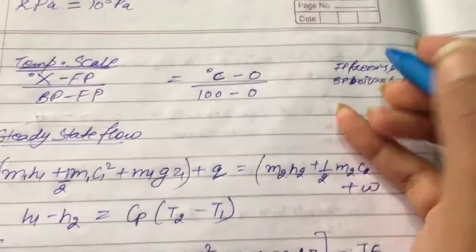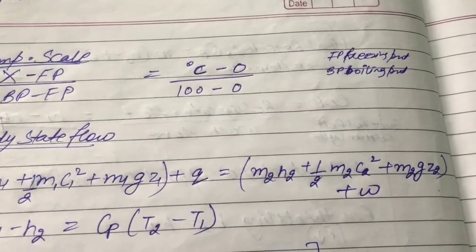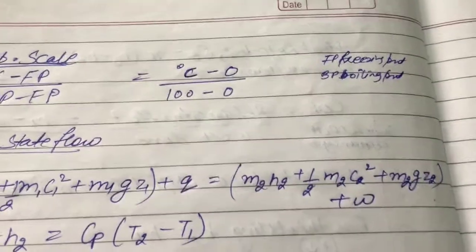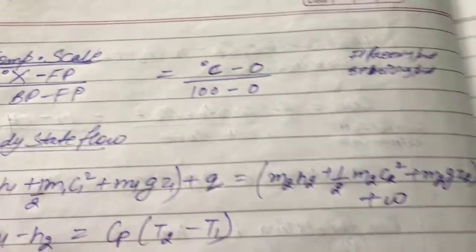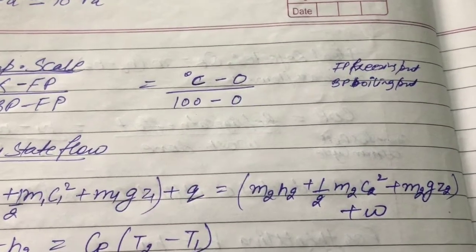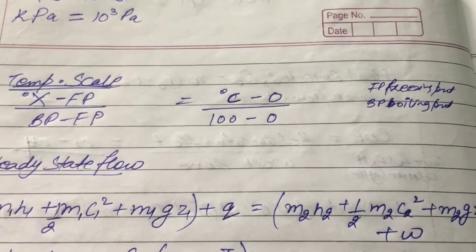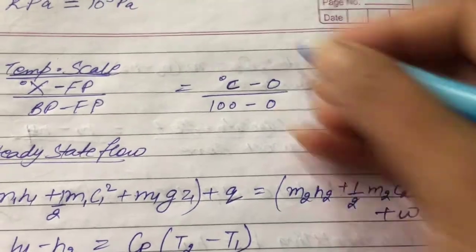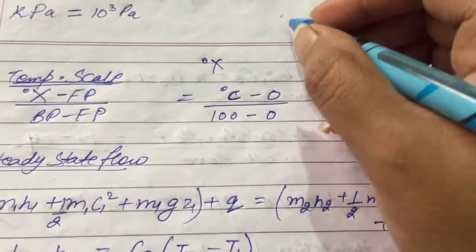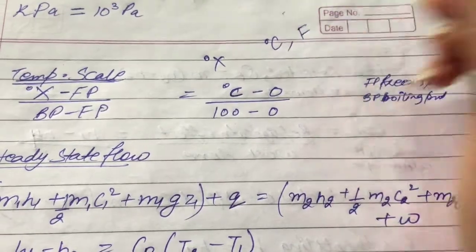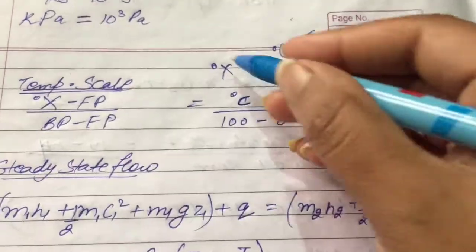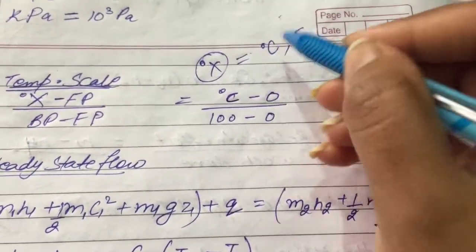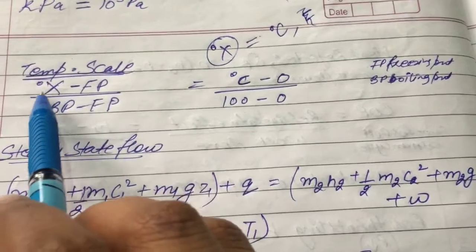Next we have temperature scale. This is based on the zeroth law which we have studied earlier, that is for calculating thermometer temperature. So if we have to calculate temperature for a thermometer which is operating on some x degree, like we know thermometers operate in degree Celsius and Fahrenheit, and we have to calculate how much it is equivalent to our degree Celsius, in that case we would use this formula.